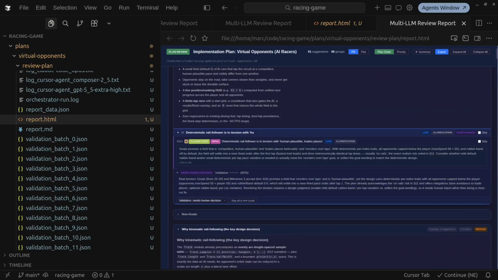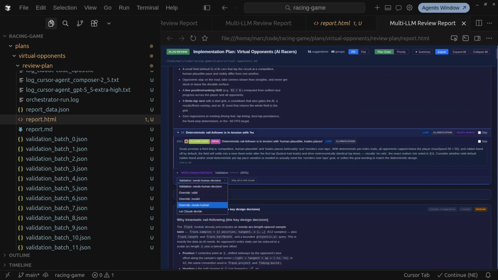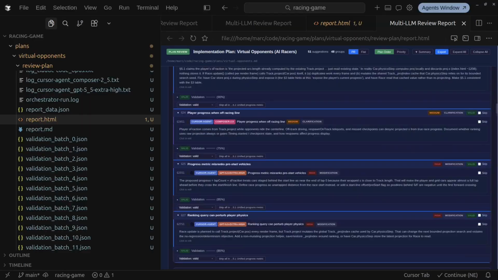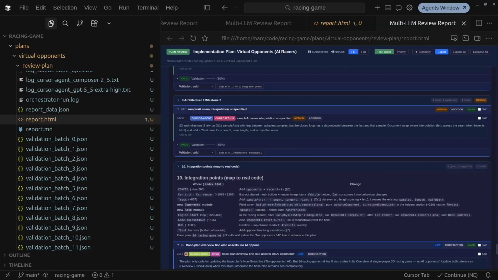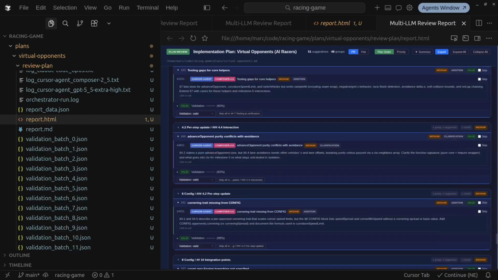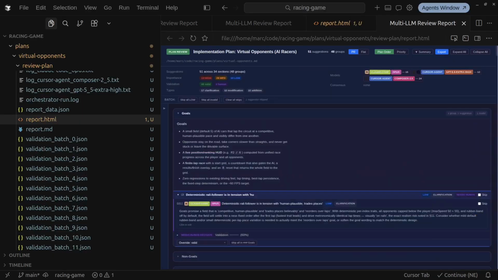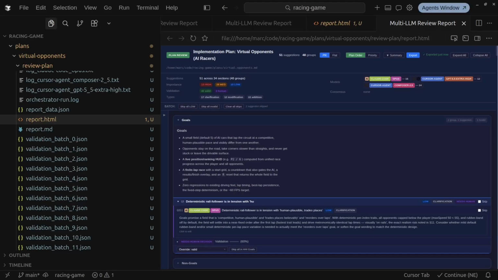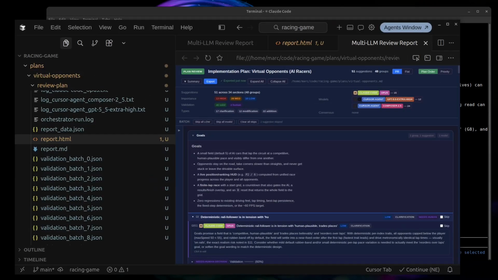So here we would go and decide what we want to do. Validate or not, and here we go and say I don't like this, I'd skip it, etc. So we go through that, and then as usual, copy this, and then we go back up and click on the export button, and we could save this. So we could do that, or if we don't feel like it, we could just